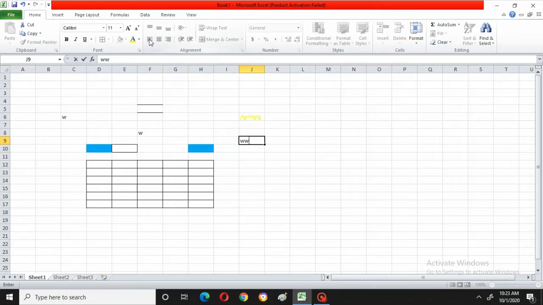Now already it is left alignment, so I will make it center. I am clicking on center, right? It's not taking it. First you come out, next select that particular cell. Now you do it. See, center, it has come now. Next, right, it has gone to it. So this is about that.